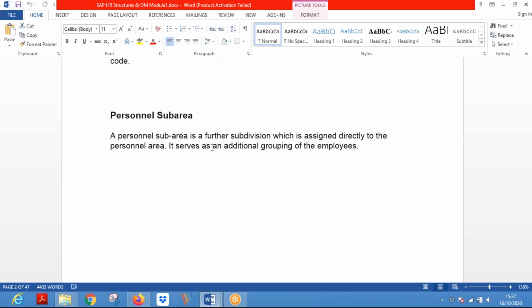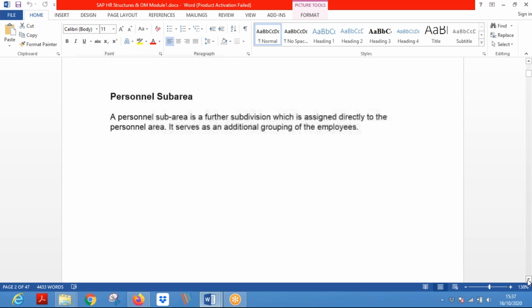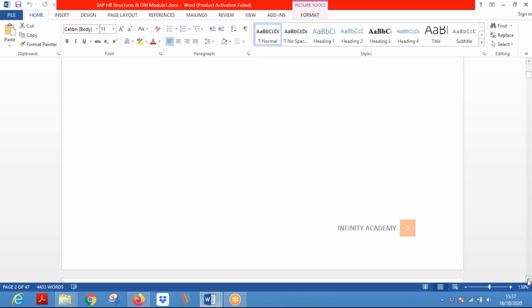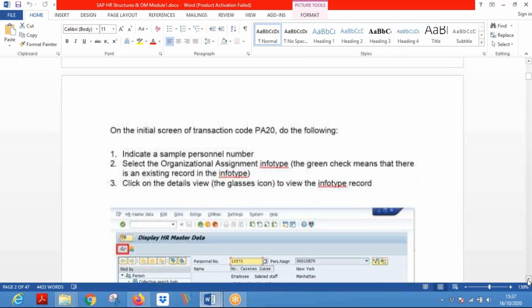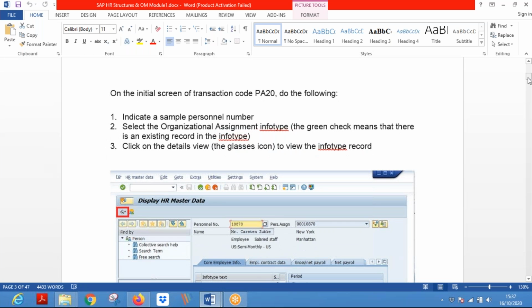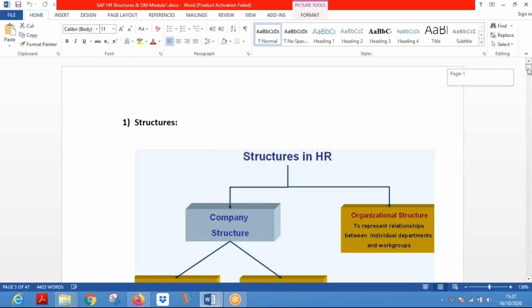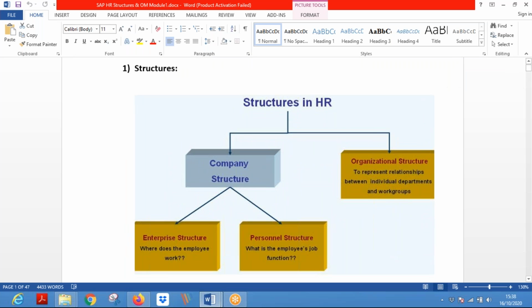Otherwise, if you don't have any branches, you can directly assign your departments to your personnel area. So this is the basics of personnel area and personnel sub area, and now we are going to configure